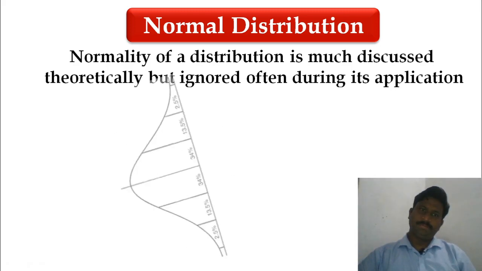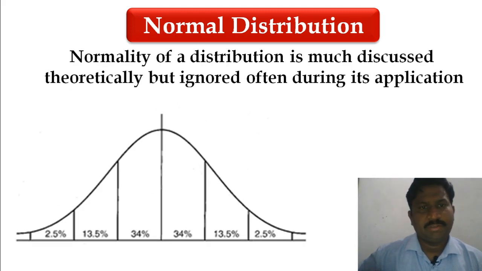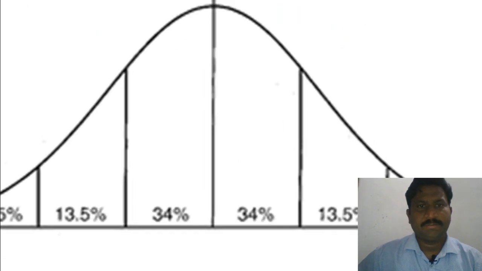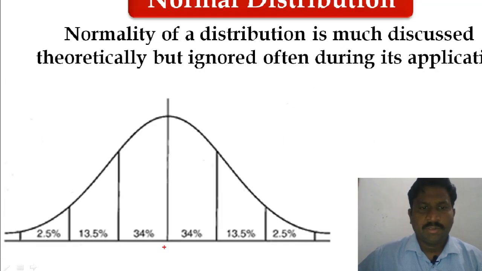Let us see. This is the normal distribution curve. There are very few cases at the ends of the curve. What you can see, this position is the mean, median, and mode. In a normal distribution, all three lie at the same position, which means mean, mode, and median are equal.